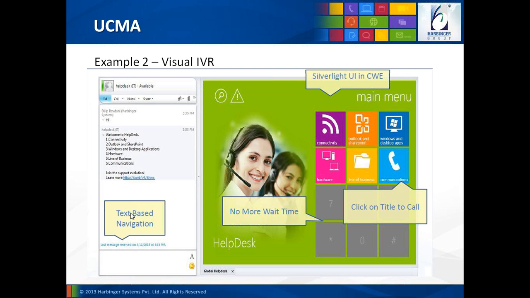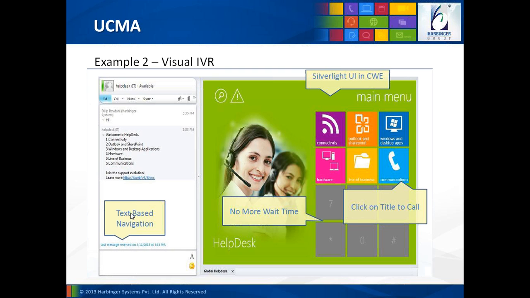The UCMA application will process this input, and if there is a submenu for this option, it will show the submenu on the IM window, and the user can then choose from other options in the submenu. But if it is a leaf node menu or an end node menu, then it will show a message similar to what we saw in the contact center application, that we are looking for experts, please hold, and we will get you connected soon. Now this is the general flow of the interactive bot.